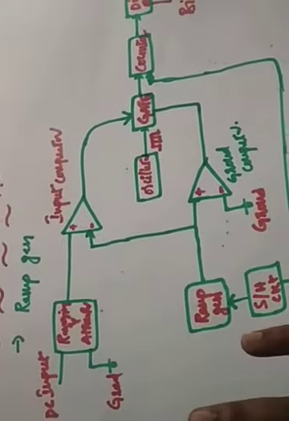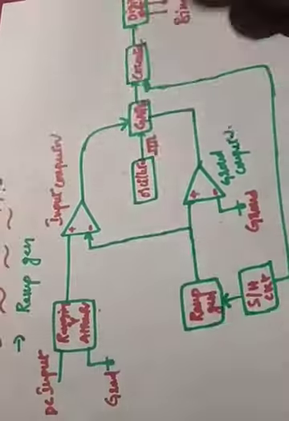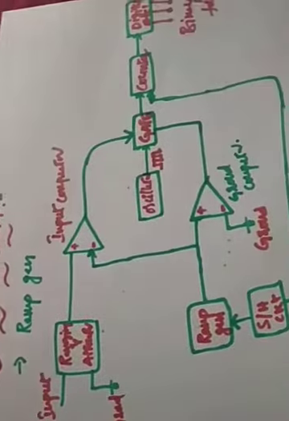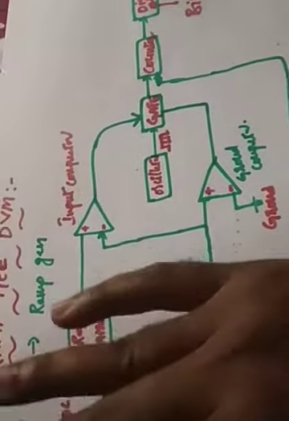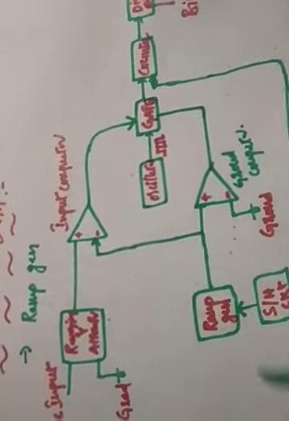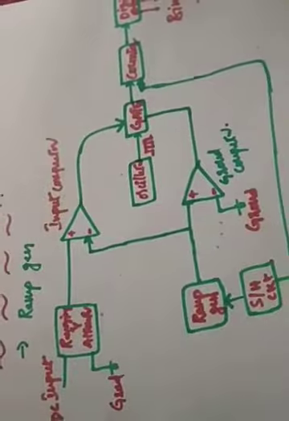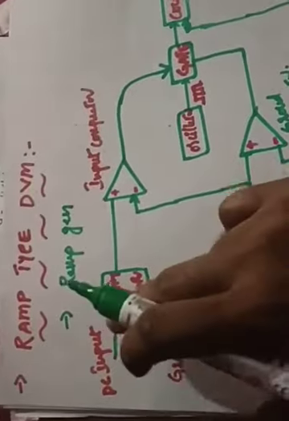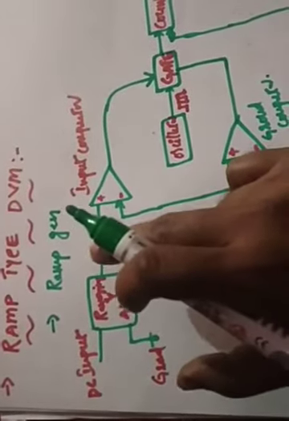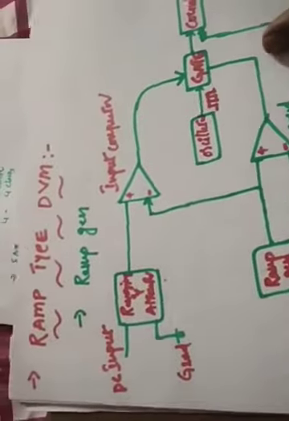If it is low, it's very difficult for us to convert from analog data to digital form. Hope it's clear, right? If it is low, we require an amplifier. It should amplify, then it will convert. Right? If it is too high, it's very difficult for us to convert to digital form. So that's why we require an attenuator to reduce the magnitude of the given input signal. So that's why we are using a ranging and attenuator circuit over there. Alright? So whatever the output coming out from the ranging attenuator circuit is given to the comparator.